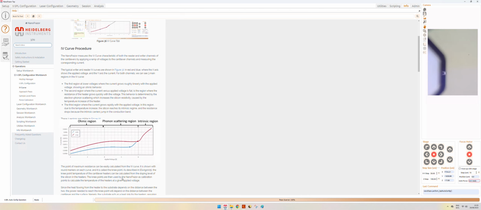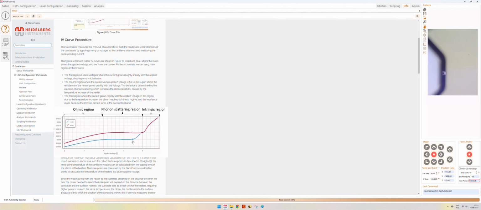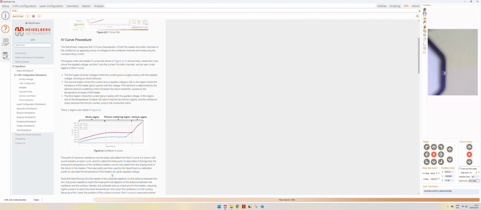You will also see that there are some rounded points which are called the knee points that are used for the calibration of the NanoFrazor, so to calculate the temperature of the heaters at a given applied voltage, which are always reported in our IV curves.